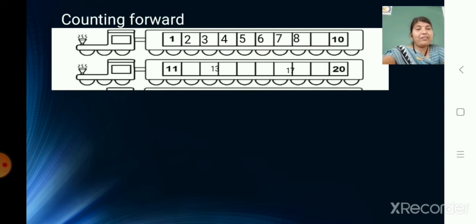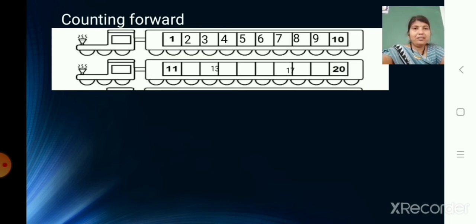One more, if you add it to 8, yes, when we add 1 to any number, you will get the after number of that number. So it is 9, and the after number of 9 is 10. So here we completed our forward counting 1 to 10 by adding one more. 1, 2, 3, 4, 5, 6, 7, 8, 9 and 10. You have to copy this down in your notebook.